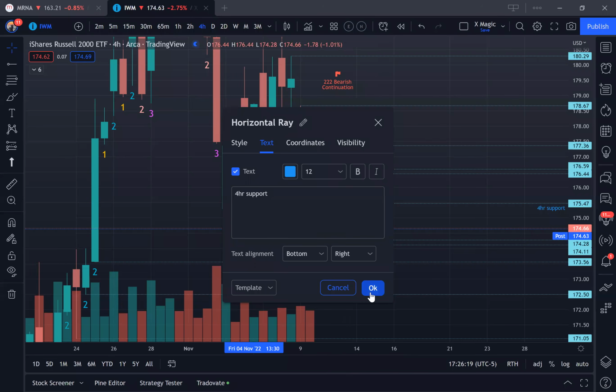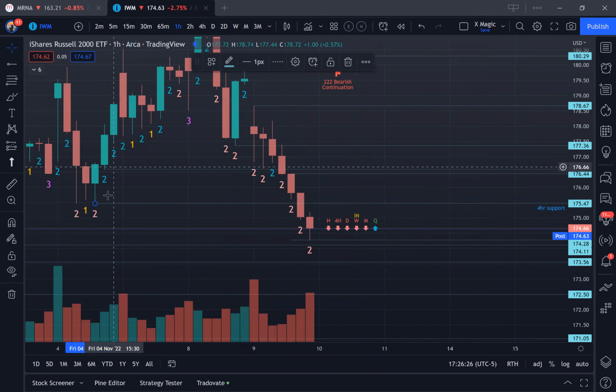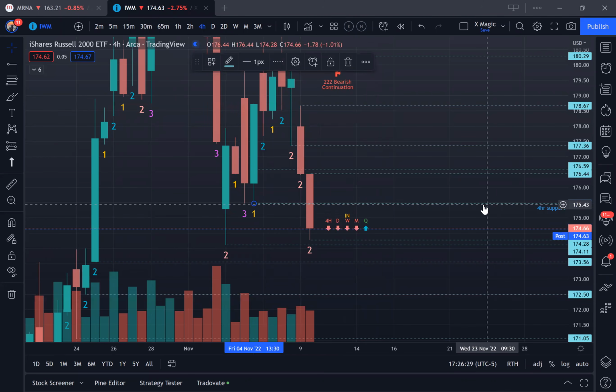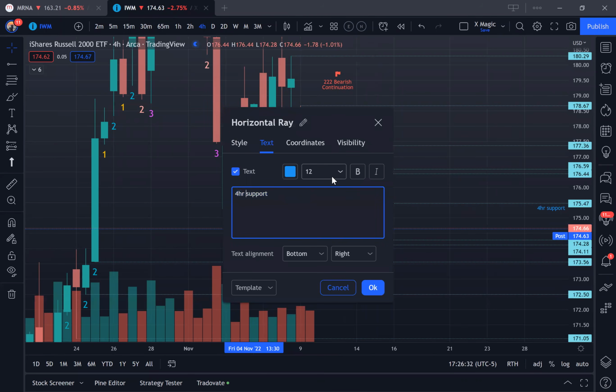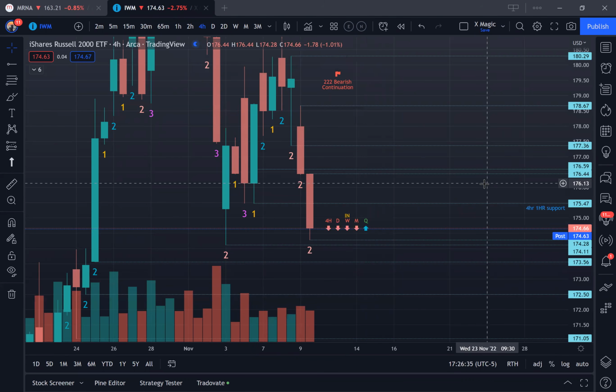Well, it's resistance now, but 4-hour support, boom. Well, this is actually on the 1-hour and the 4-hour. And if it is on more than one time frame, you could just do 1-hour, 4-hour support, whatever works best for you. And if you do use TradingView,